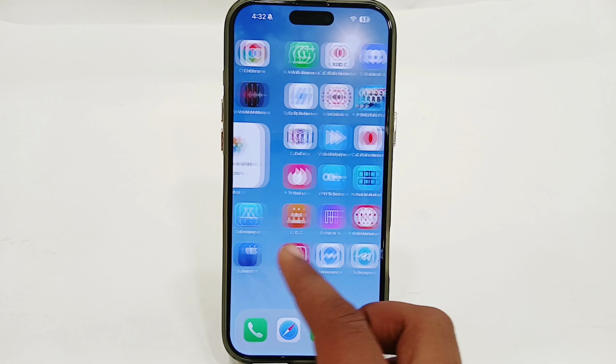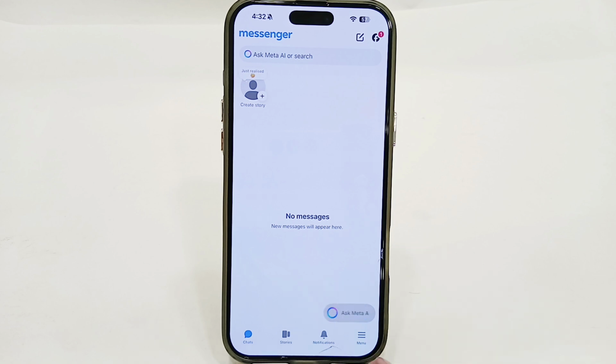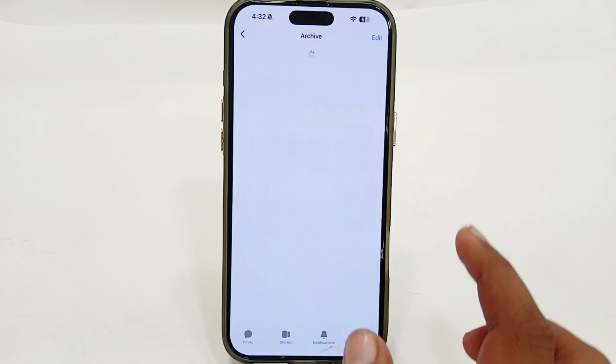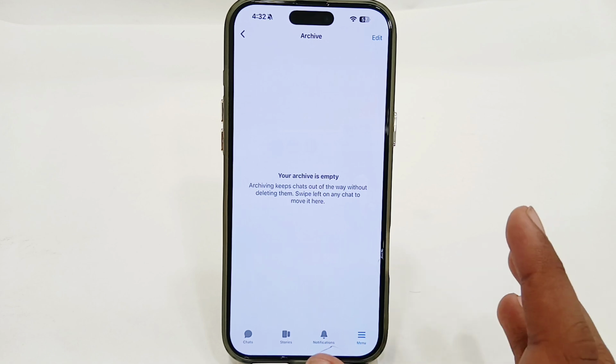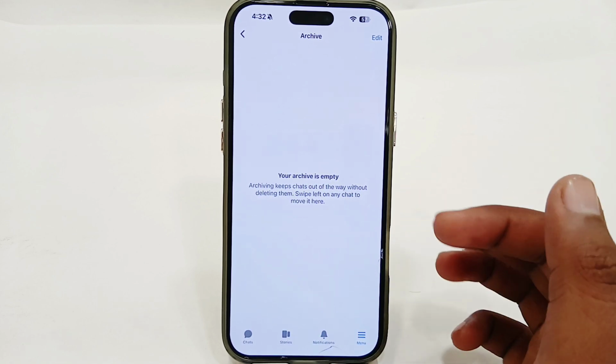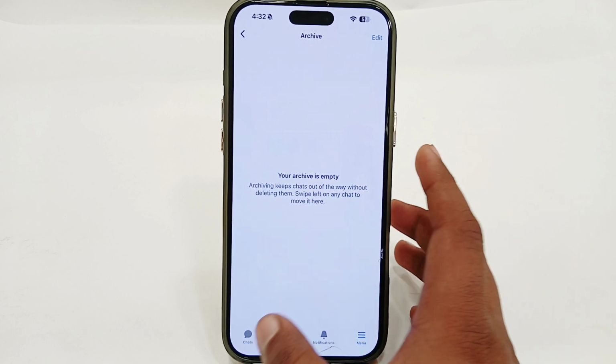First, you have to open your Messenger app, and here just tap on the menu option in the bottom right corner, and then go to the archive section. Here you have to make sure that the message you want to recover is not in your archive section. If you find it here, you can easily unarchive the message and it will be automatically recovered